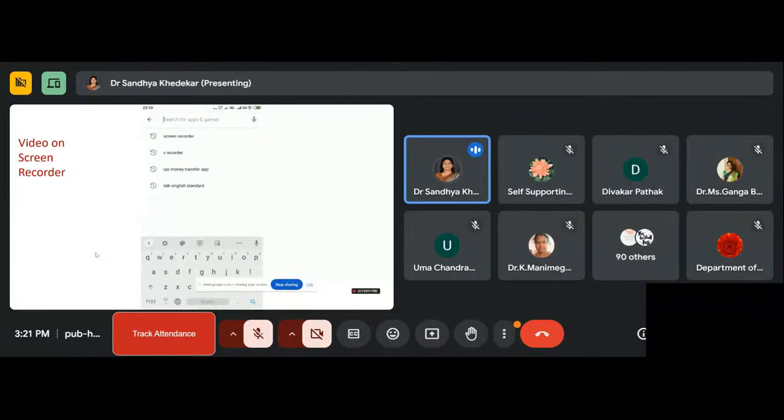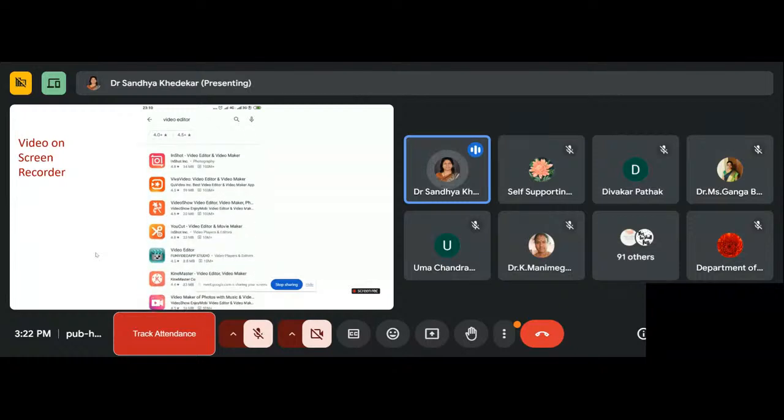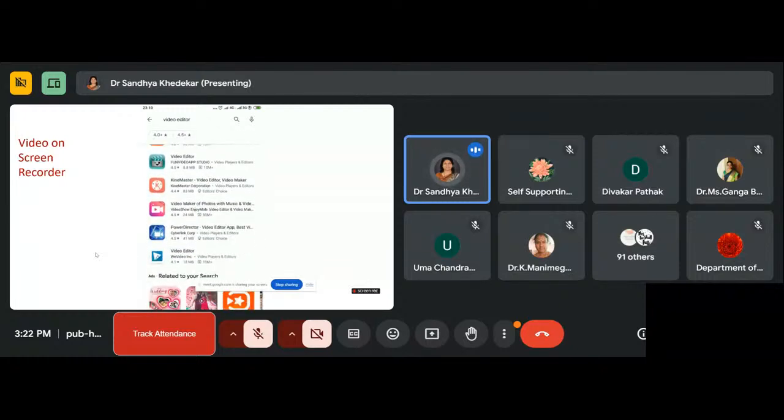If you go again on Play Store and type video editor, video editors are also available, like InShot, Viva Video, Video Show, UCut video editor. KineMaster is one of the wonderful tools where you can edit your videos. It is free. Then Video Maker of photos with music and video. If you want to add some music to your videos, it is possible with help of this application.